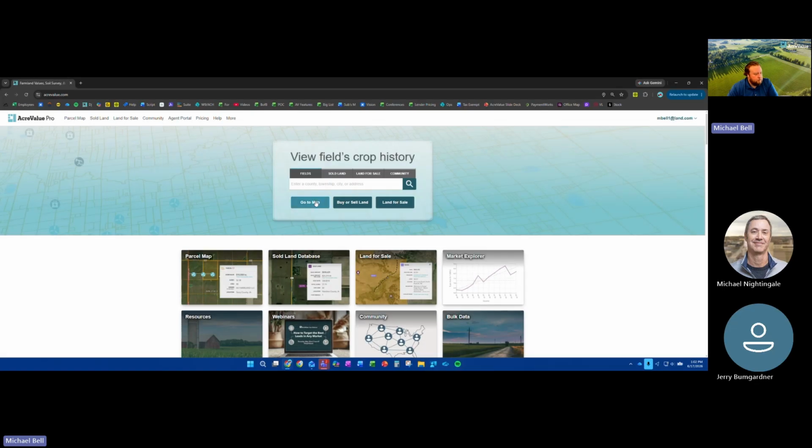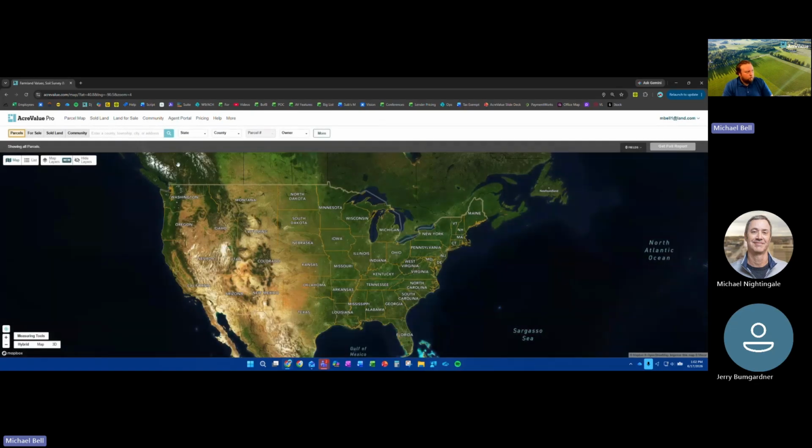And next, I wanted to go into the software itself. We have 3 maps. 2 of them are probably going to be the ones most worked out of. I'm going to start by doing a brief overview of each one and then focus mainly on my parcel map and my sold land map. So the first map that we're going to have here is our